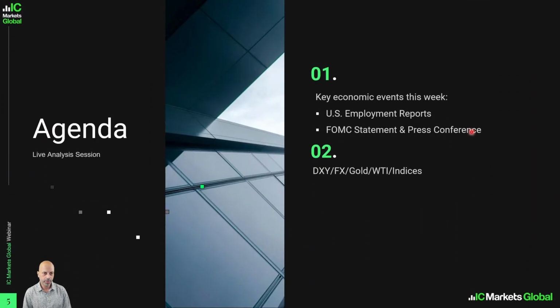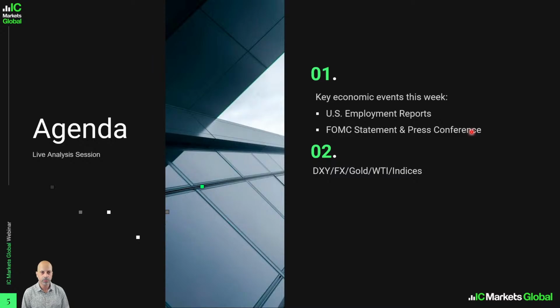All right, before we dive into the charts and TradingView, let's take a quick look at the economic calendar and see what's lined up this week. It's quite a heavy calendar, but we'll focus on what's coming up out of the US, which is basically the US employment reports. We've got the ADP report on Wednesday, along with JOLTS job openings, as well as the highly anticipated non-farm payrolls on Friday. Sandwiched between these two employment reports, we've also got the FOMC meeting.